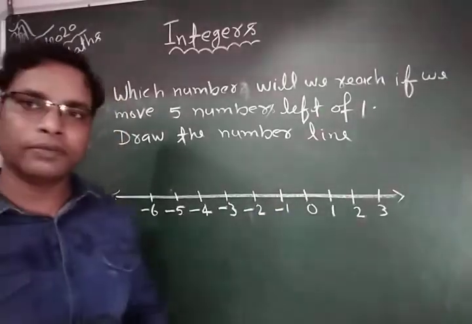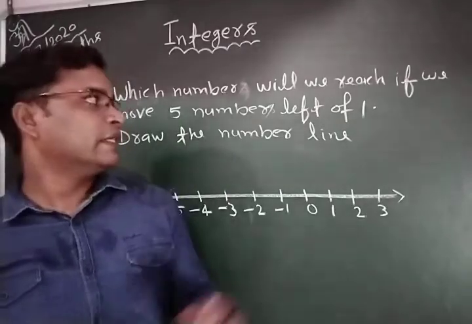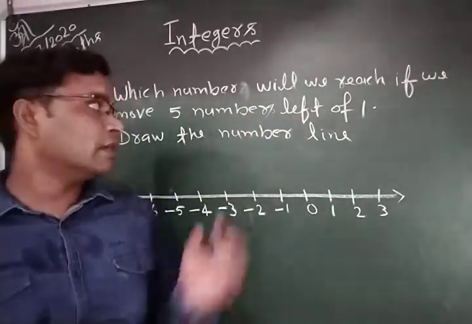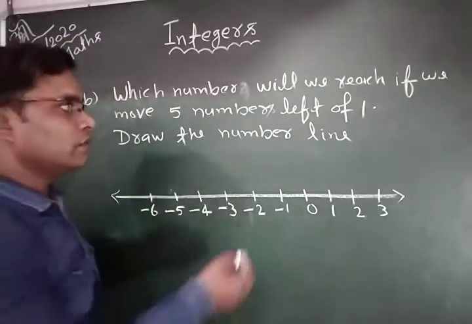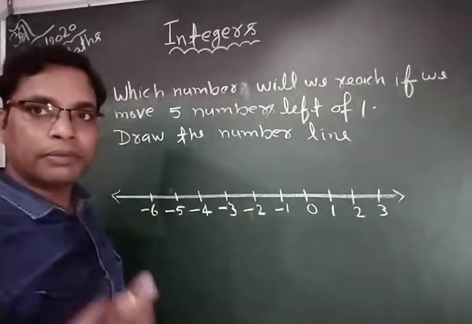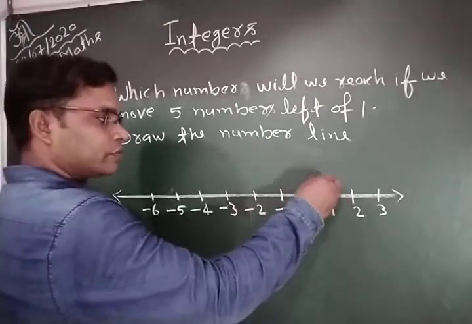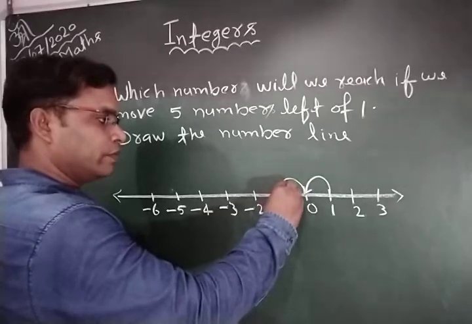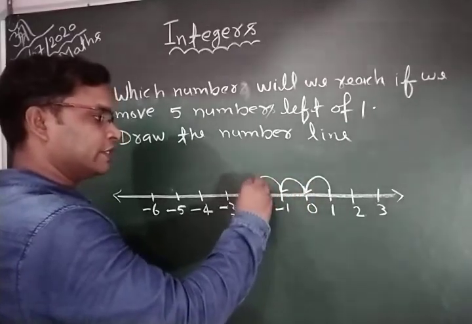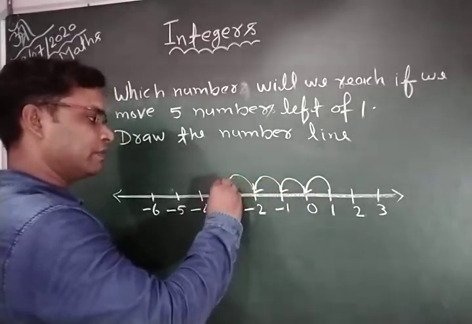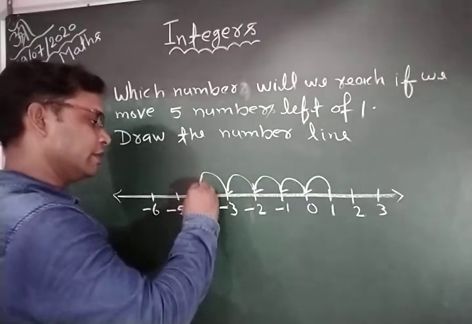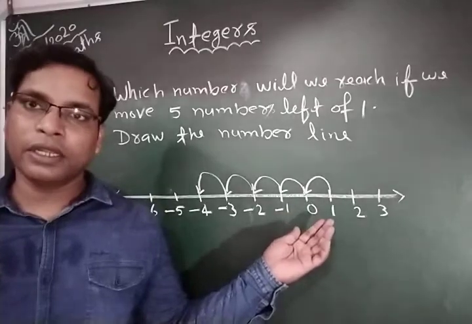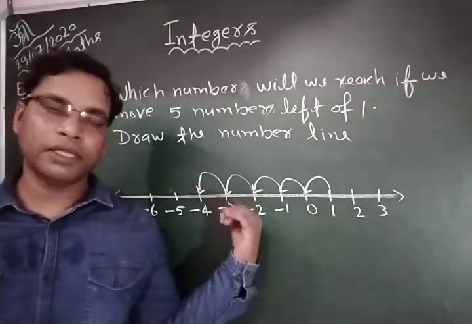We start moving from 1. Are we going left or right? It is given left. How many numbers? 5 numbers. Okay, so we move 5 numbers left from 1. So 1 number, 2 numbers, this is 3 numbers, this is 4 numbers, this is 5 numbers. So we start from 1, go left 5 numbers, and we reached